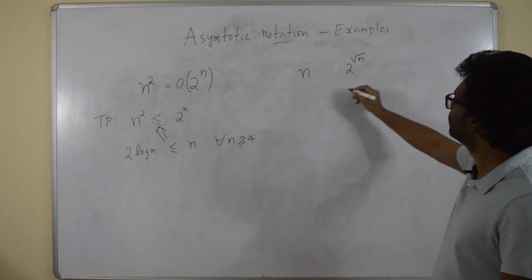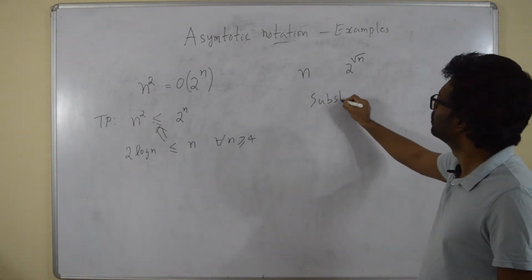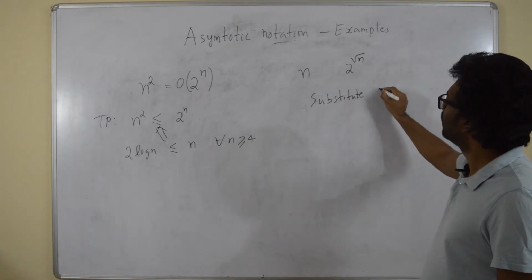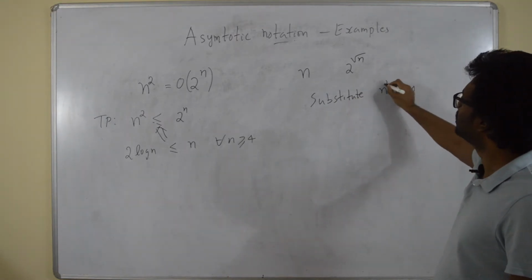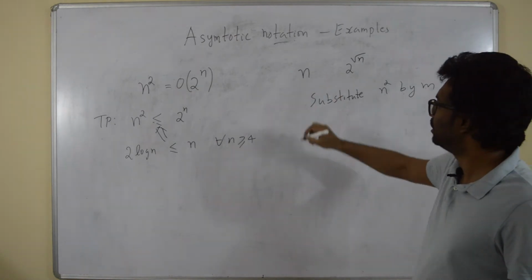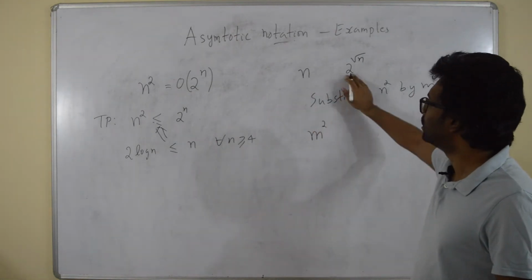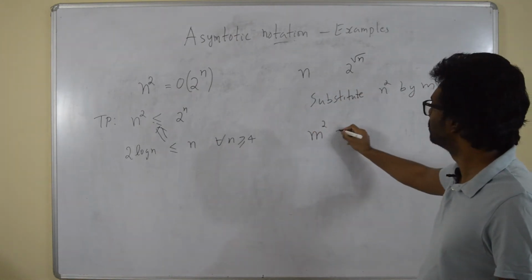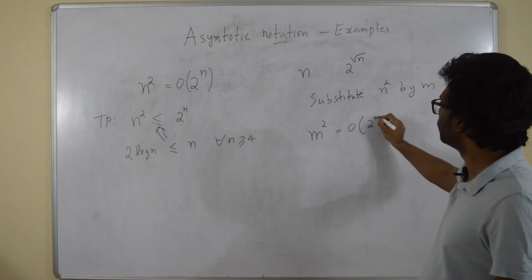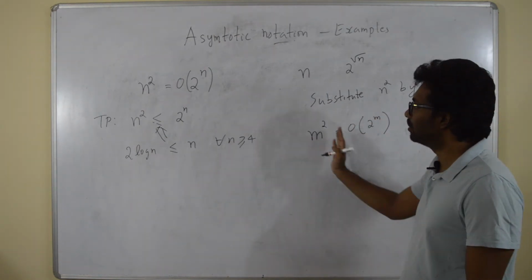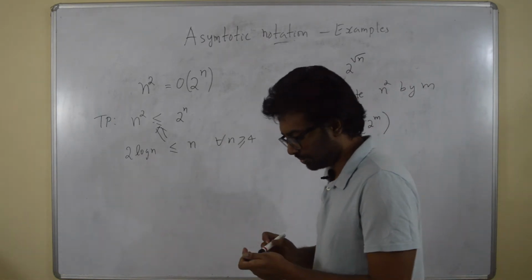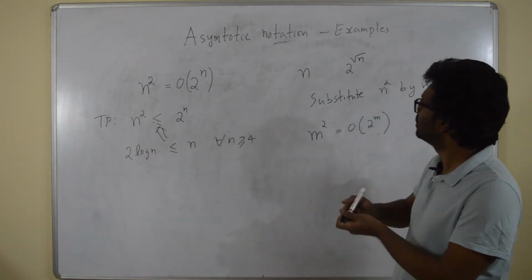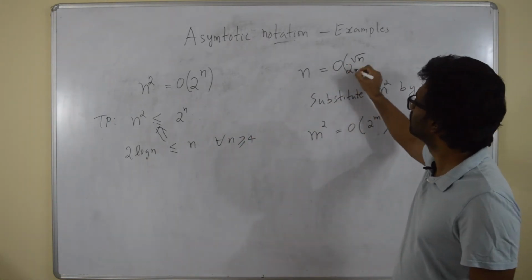I'm going to substitute n by m square. So what is here? This is m square, and 2 raised to root n becomes 2 raised to m. Right? This we know is true from here. Okay. So therefore this becomes